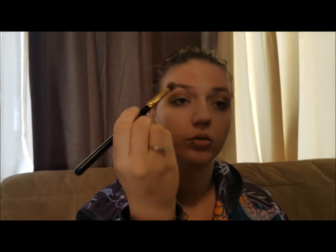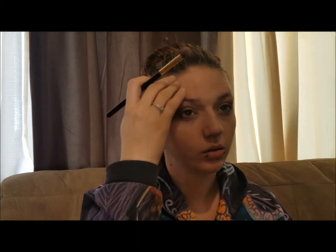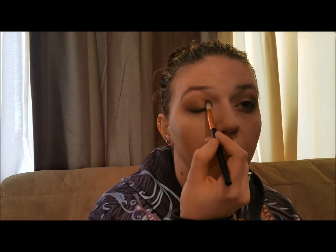I'm holding the brush closer so I have my precision and I can just kind of get it right there where I want it. Okay, then we're going to take that smaller brush and we're going to do the same on the inner corner. I think I got too much product on my brush there. So we're just taking